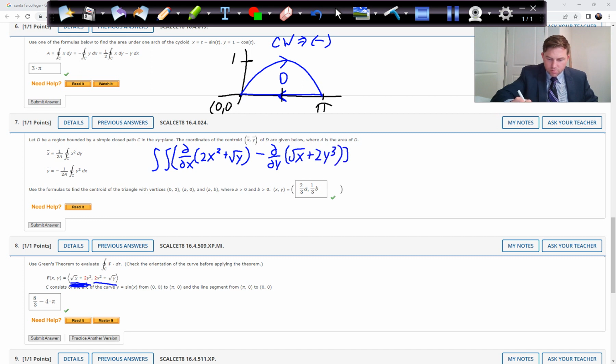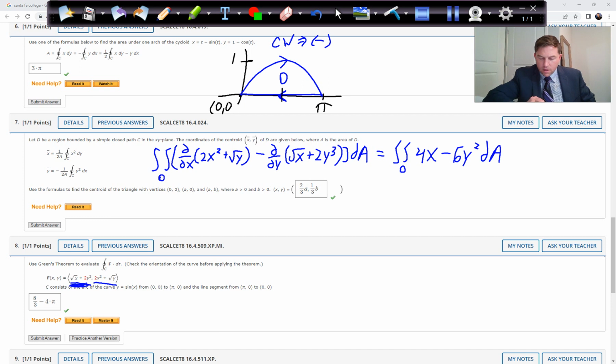And that's going to be dA. This is going to give us 4x, the square root of y will go away, minus 6y squared, dA. And we have y goes from 0 to sine x, and x goes from 0 to pi. So we can set this up, 0 to pi, 0 to sine x,